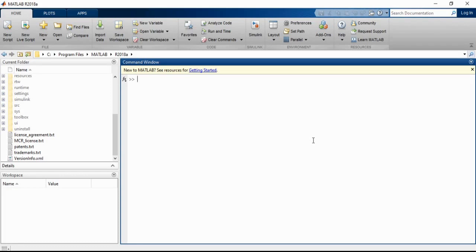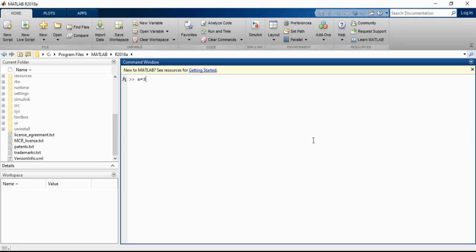So first we will see how we can create scalar values. As I told you, a scalar is one value. I will create one variable, a is equal to, and give a value to this variable, let's say 3. Press enter whenever you want the instruction to be executed.